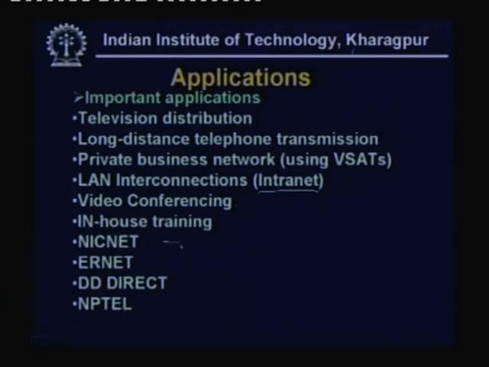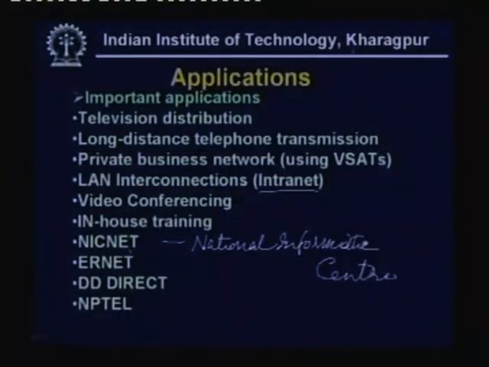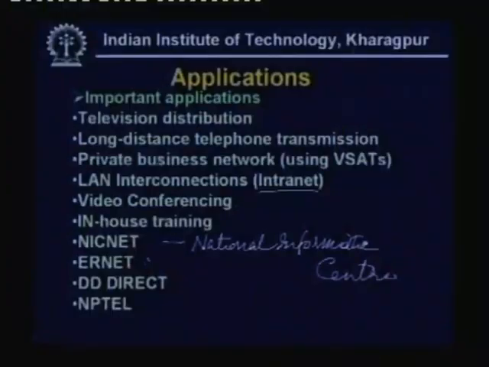NICNet, for example, this is National Informatics Center. They are having VSAT antennas in all district headquarters with their hub, central hub in Delhi. So, they collect all the data with the help of VSAT antennas. So, that is called the NICNet, and that is one very important area. For example, another project is Educational Research Network. This Educational Research Network was also set up with the help of VSAT antennas, and by using this